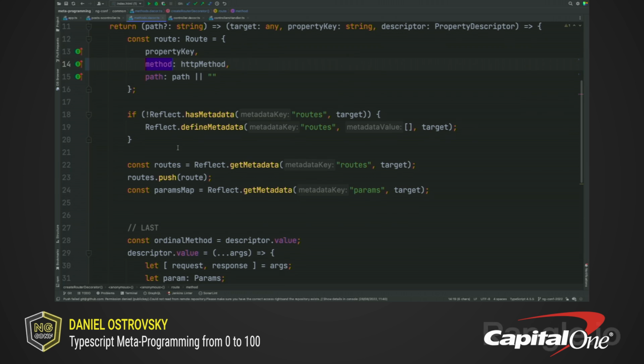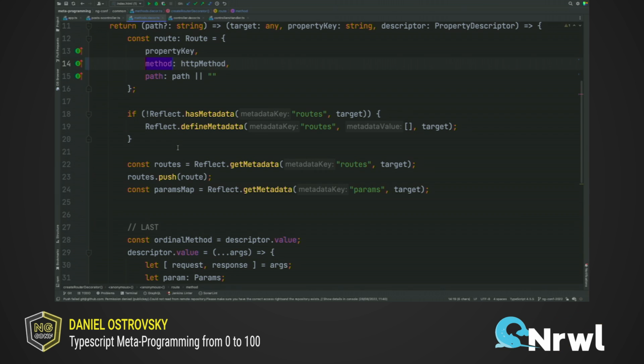And all this data will be saved on our controller as a key value, and the key would be routes, and the value will be a list of these objects for each one of the methods that we decorate.